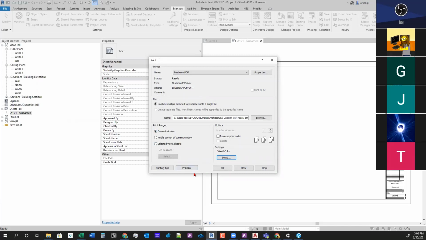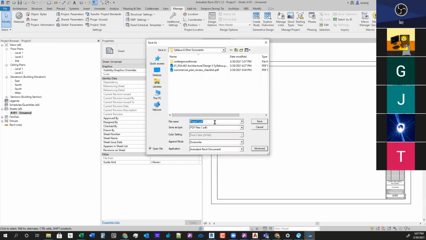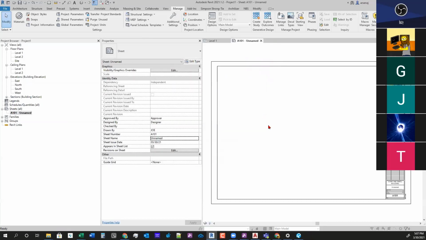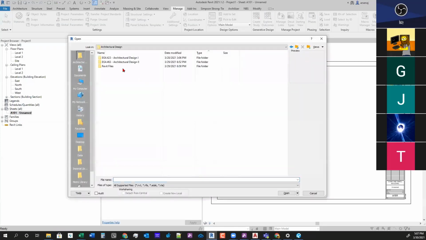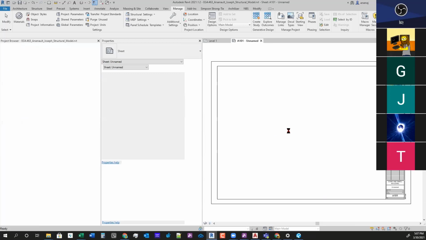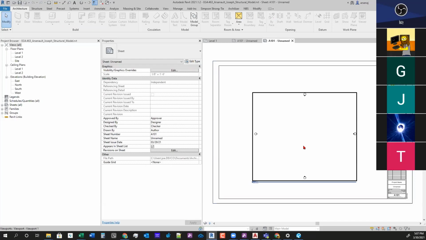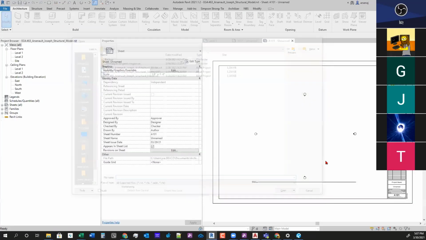Now, the next thing we can do: when you turn in assignments, I'm going to hit OK here. It's going to say just project 1 because that's what it is. That's what mine is. But here, let me open my other one. Since I have it now named a structural model and an architectural model, if I were to hit print,